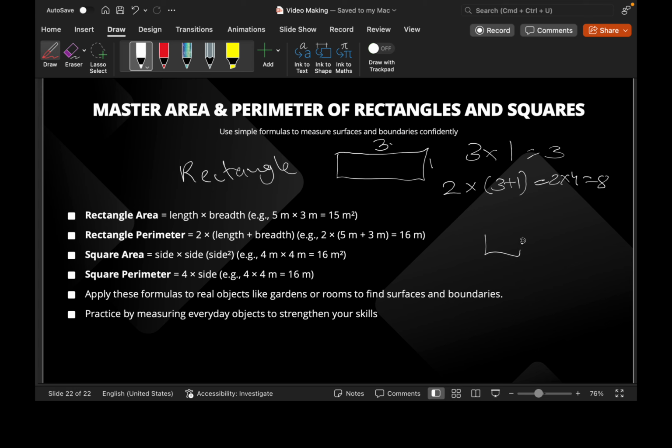Now let's move on to the square. Let's take an example of 4. Now for a square, they only need to give you one side because all the sides of a square are equal. We learned that in our previous time, right? So 4,